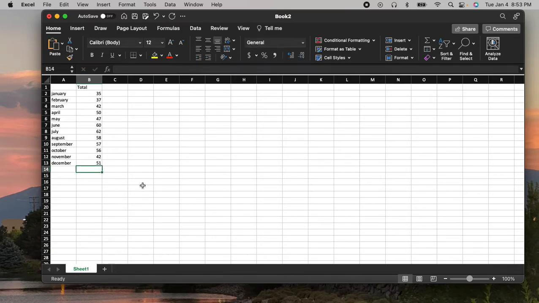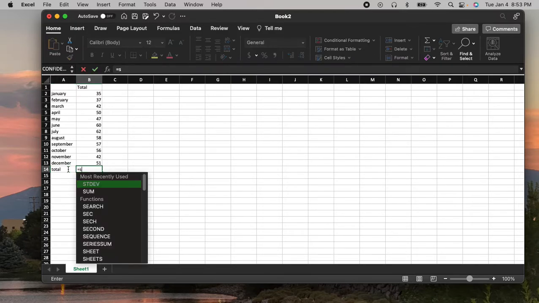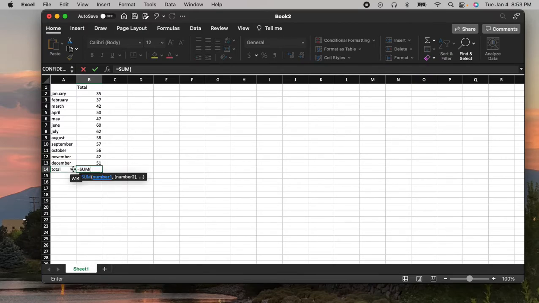Okay, so now that I do have the data, let's say I want to summarize it. So I want to do a 5-point summary of my data. So I'll start by getting my total, and that is easy. I'll type total, equals, and I'm going to click sum. Excel is asking me to pick the cells that I want to add. So I'm just going to go with cell B2 to B13. That's where I have my data. So I highlight those, hit enter, and here is my total number of vehicles that I sold,